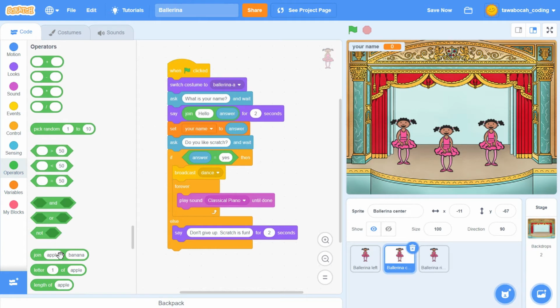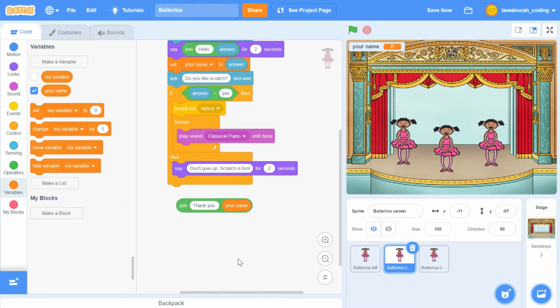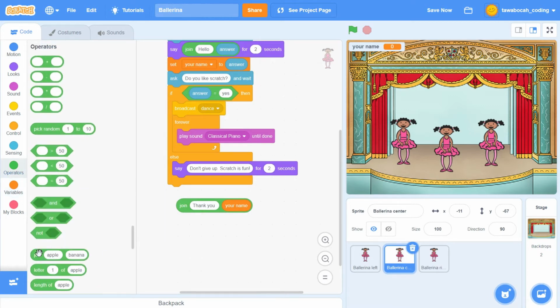Use two green join blocks here, since we have to arrange sentences which have your name in them. The first green block is to join thank you and your name, while the second green block is to ask you to learn more. See here, we can join multiple blocks.